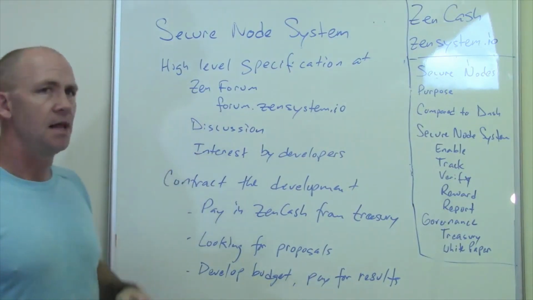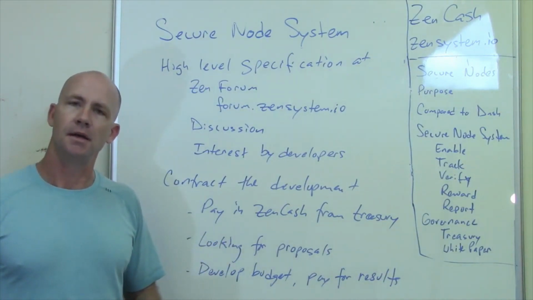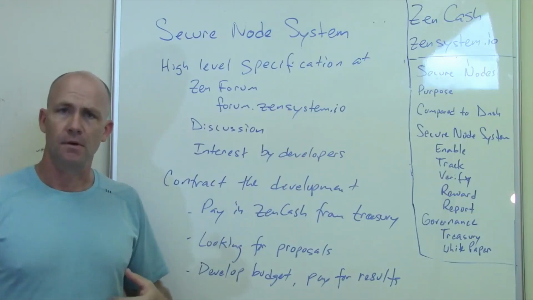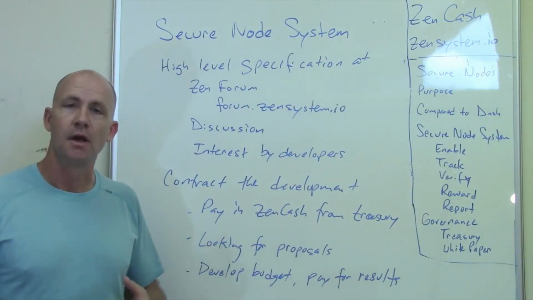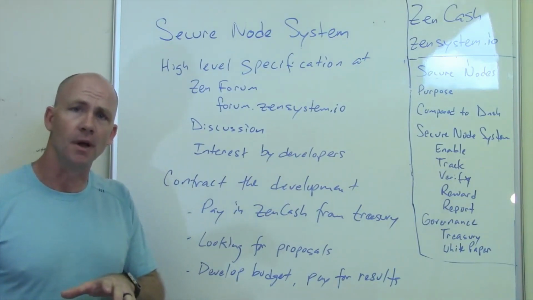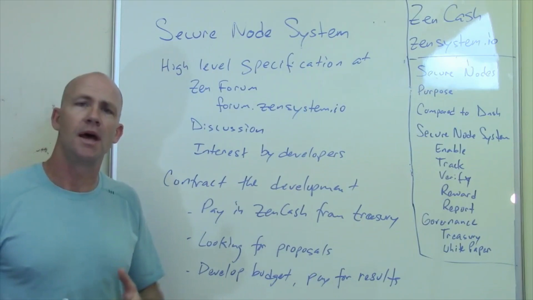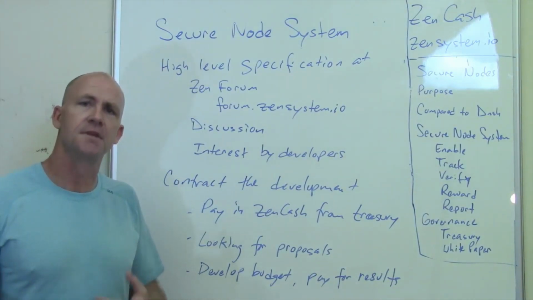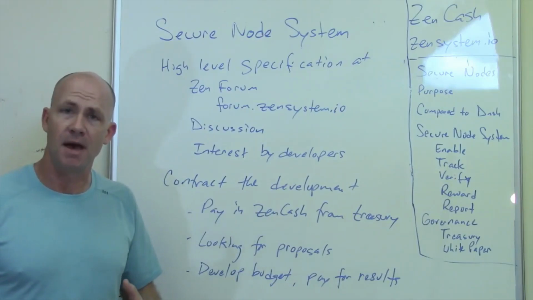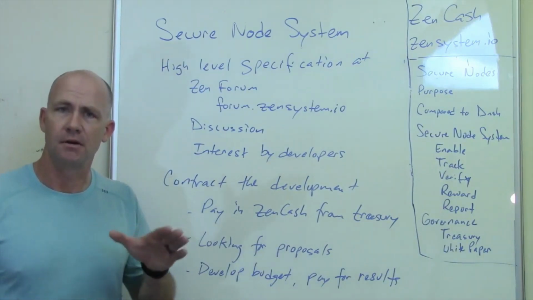So I've put together a high-level specification, a system-level diagram and explanation of the current way we're planning on having this work, and this is to get something up and going. It's not really what we want long-term. Long-term, we want this in a distributed fashion, run by the secure nodes themselves, where things pretty much happen automatically. But right now, we can get secure nodes going by putting together a straightforward